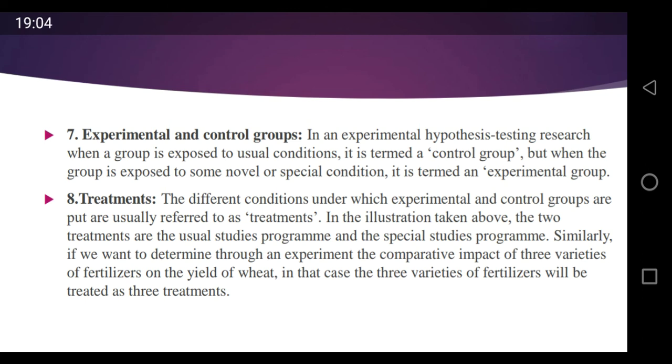One fertilizer we are going to put in one environmental condition, the second fertilizer in a second environmental condition, and the third fertilizer in a third different environmental condition. If you put these in three different areas, in three different groups with respect to the different conditions, it is going to be called a treatment. During your research you also need to check this, because in summer you give one kind of fertilizer, in winter another kind, and in the rainy season different types of fertilizers. Treatment should be considered during your research time.